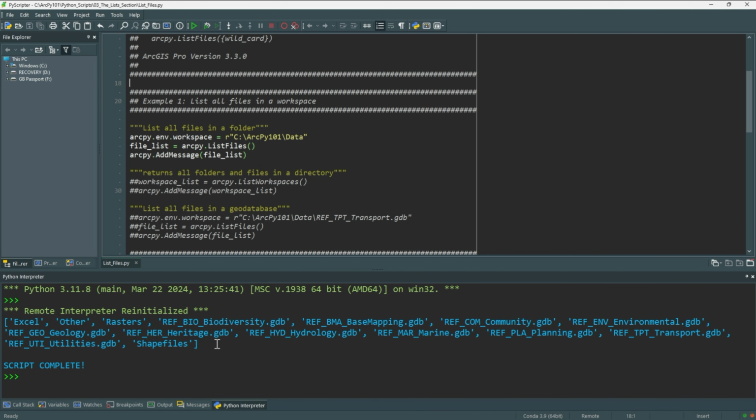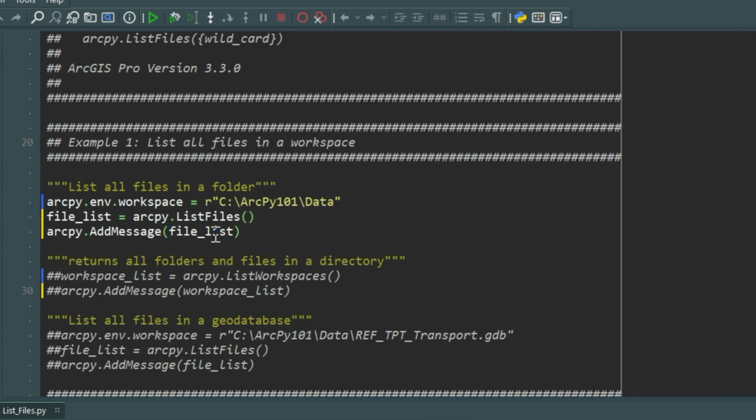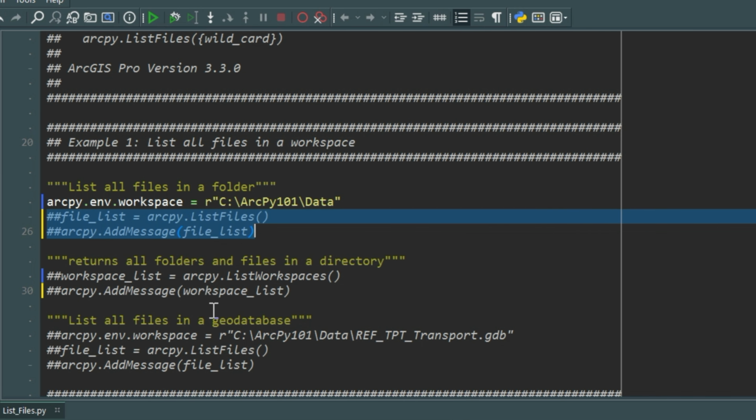So we can see that even though we didn't have files in there, we did have folders, and each folder was returned, and the name of all our geodatabases were also returned. Important to note, it was simply the names of the folders and the names of the geodatabases returned, and not the full paths. If we compare that to the running of the ListWorkspaces, which we will run now,